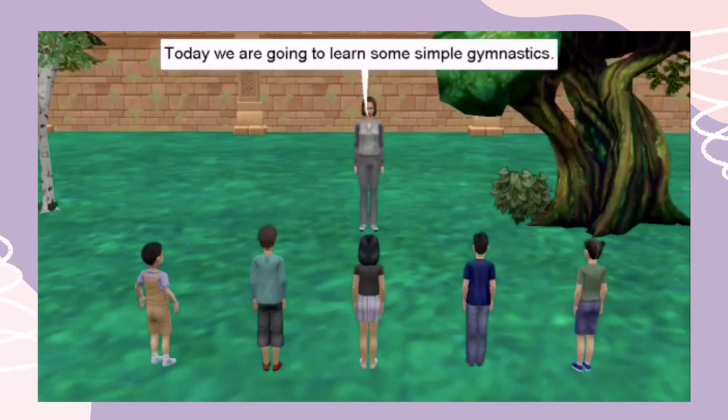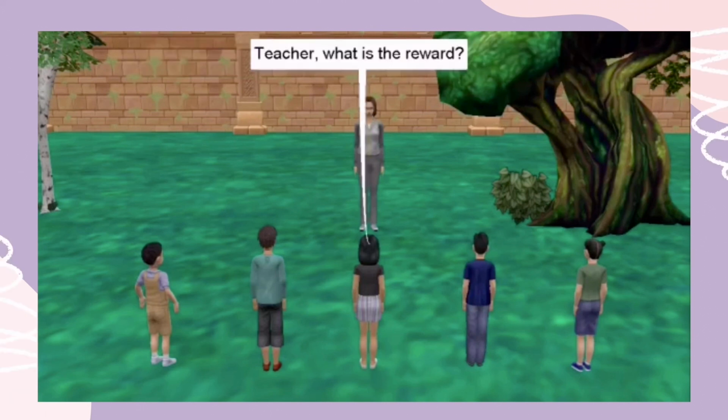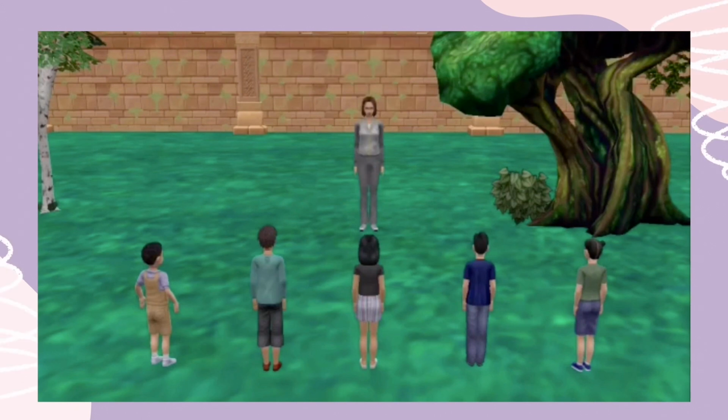Today we are going to learn some simple gymnastics. I will demonstrate it first, and then you will challenge it. Those who successfully complete the gymnastics will be rewarded. Yogurt.